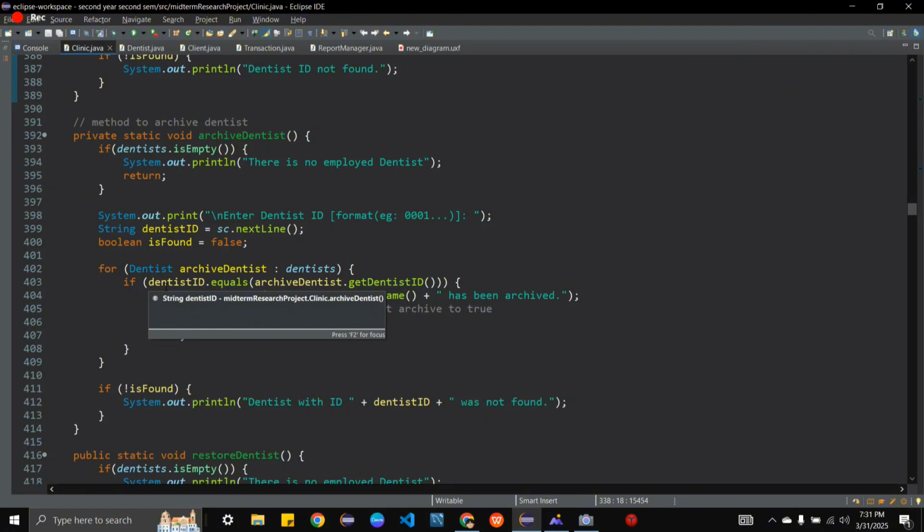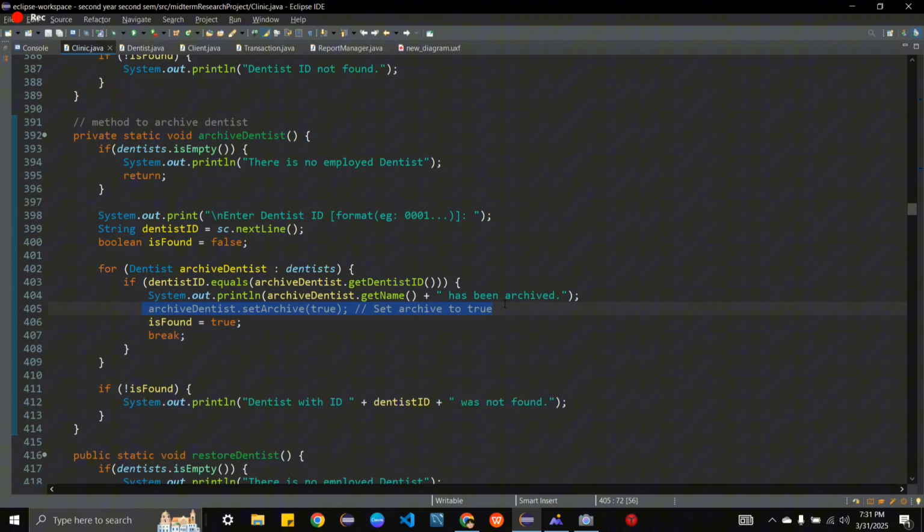How will we archive that dentist? In the dentist class, which will be explained by my group mate, there is an attribute called isArchive. So we will just set it as true to archive that selected object.